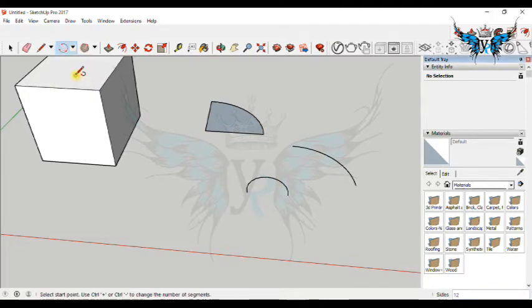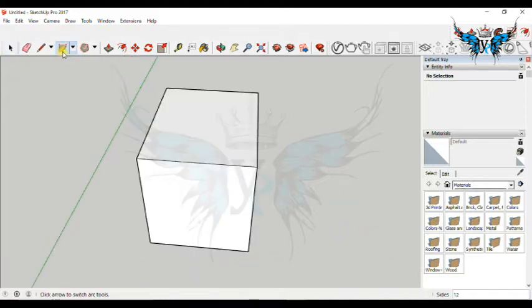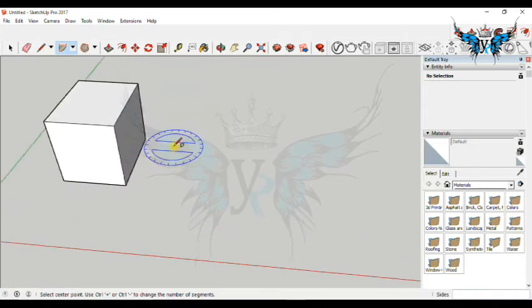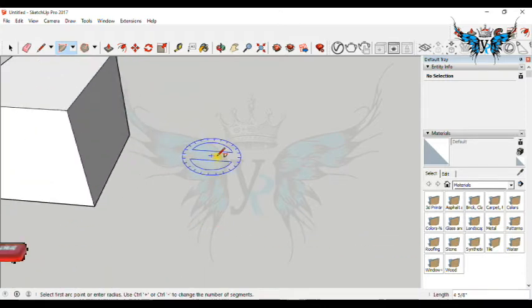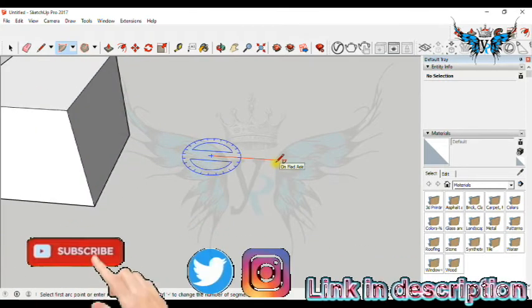The third type, three-point arc, starts with a point and ends with a point. In between it has a point, which is the angle point. Fourth, pie. It is similar to the first type of arc and by default makes a surface.